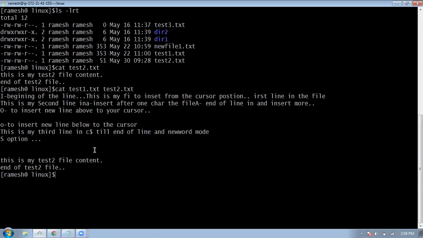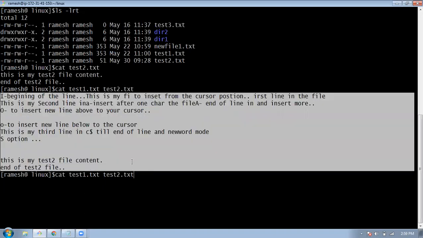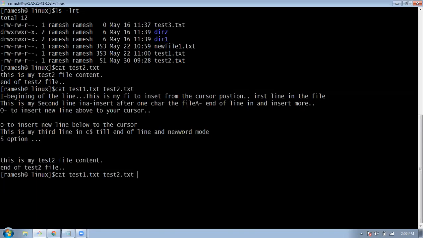Okay. And next we'll see the options. Suppose I want to send this text from 2 files, instead of printing on the screen on the console, to a different file. Here I don't have anything in this file, so it is a 0 byte file. I'm sending it to the third file.